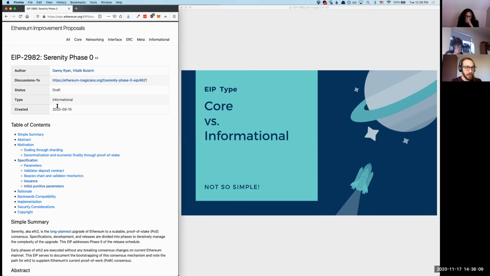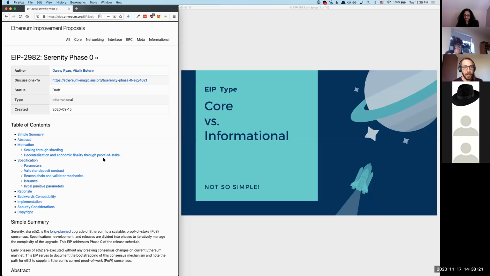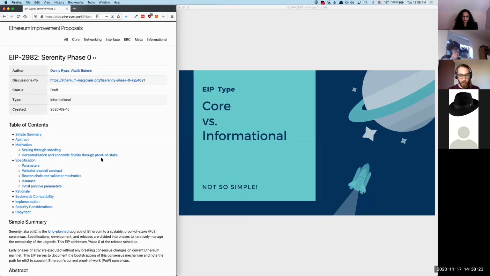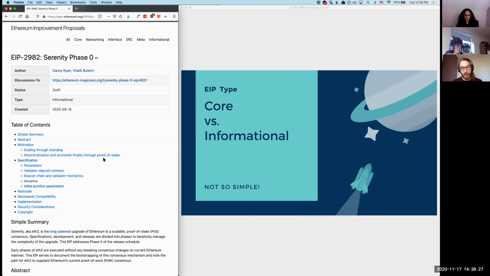Dropped it 9/15/2020. There's some discussions on Ethereum magicians. There was actually more discussions on the actual EIP repo in the pull request. And there's probably often a balance between discussions here. The discussions in the Ethereum magicians are maybe a little bit more high level, whereas discussions in the pull request are more like, well, think about this line, maybe move this stuff here.